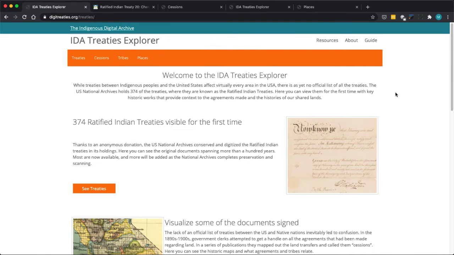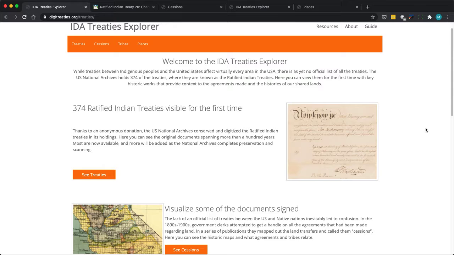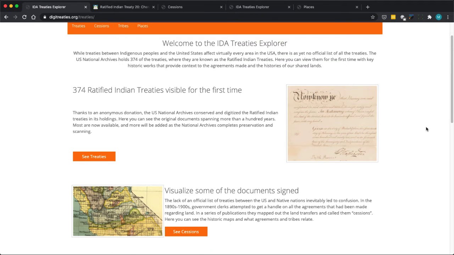There are two broad classes of document that are found on the Treaty Explorer site. The first is the 374 ratified Indian treaties themselves, taken from the US National Archives. But also, in the late 19th century, there was an attempt by government clerks to organise all of the cessions of land between the native nations and the US state and plot these on maps, and these are known as